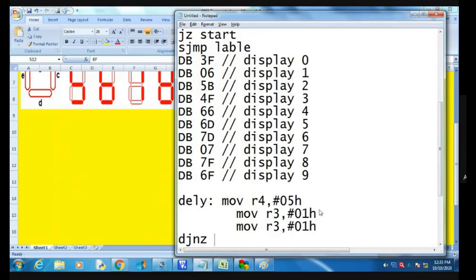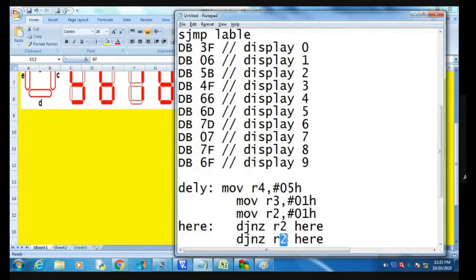What is DJNZ? Here is R4, R2. Here R2 is required, DJNZ R2, here. And after DJNZ R3, here 1.